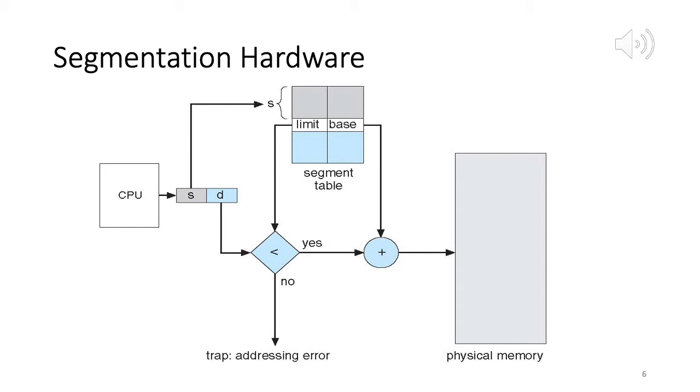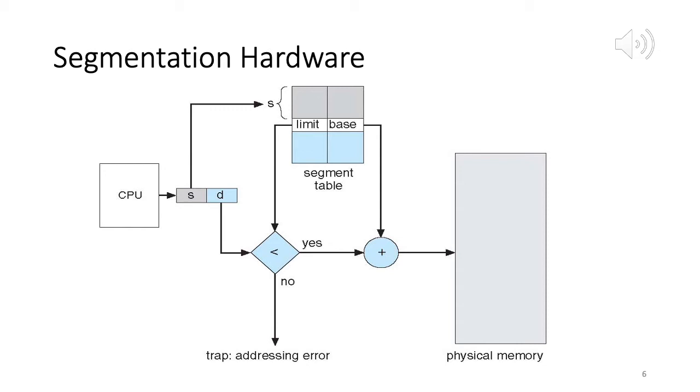Okay, so once again I repeat, what we do is, given the logical address, we extract the segment number, we use it as an index into the segment table, and then we get a base physical address. We take our offset, we check whether the offset is less than the limit, so within the bounds. If it is not, we give an addressing error saying we are trying to access a byte for which memory has not been allocated.